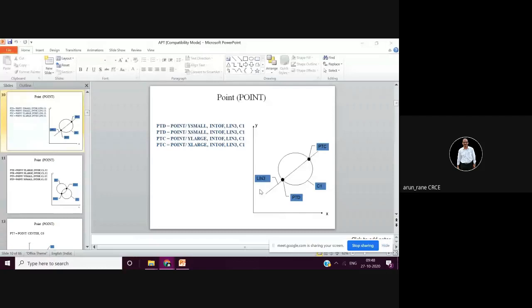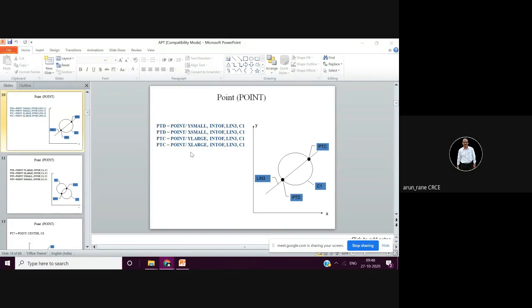So when I am talking about this point D, the system or the control will calculate these 2 points, out of which I am defining the y coordinate which is smaller. Say the y coordinate for this point is 5, and the y coordinate for this point is 8. So out of this we take the smaller one. So I have defined y small. Similarly, x coordinate will be x small because its x coordinate is bigger. And the same for point C. Now point C will be y large, x also large. I hope this is clear.